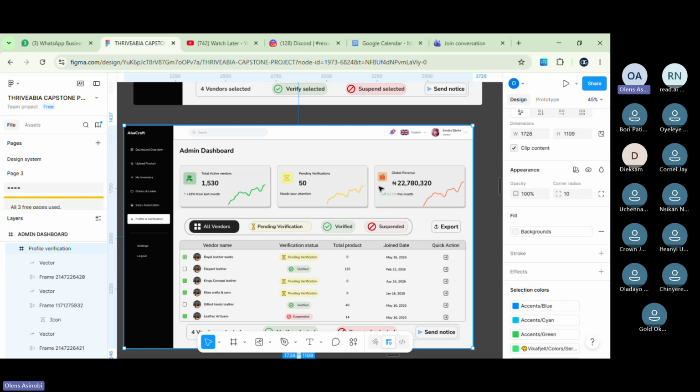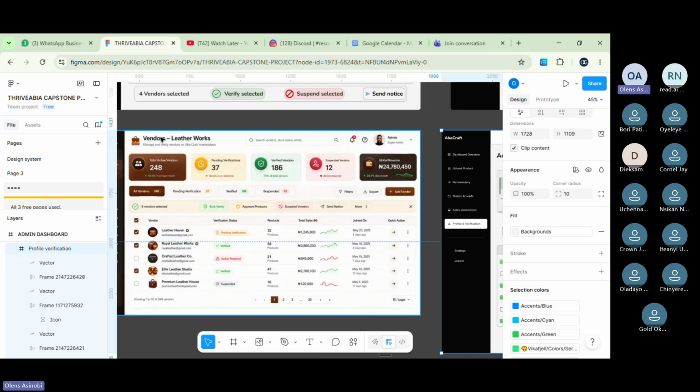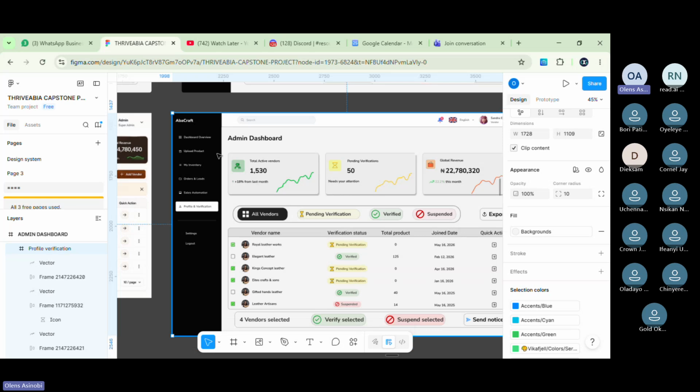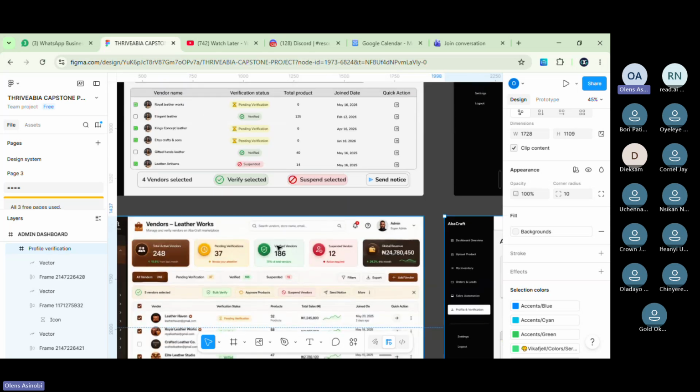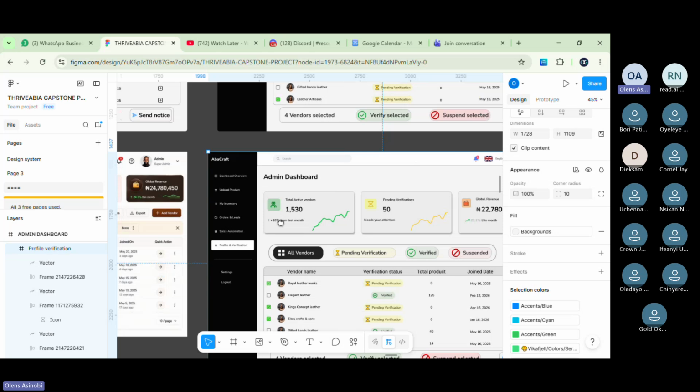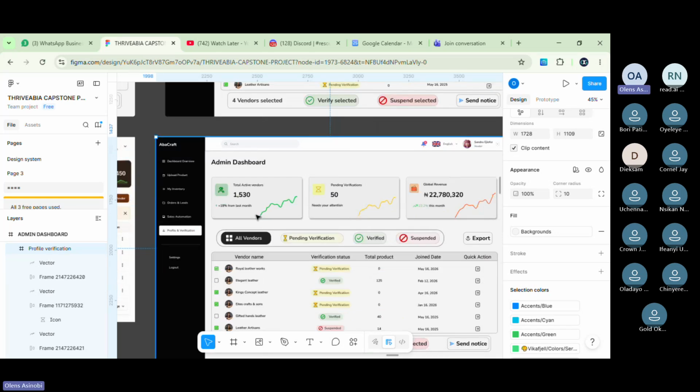This global revenue can be on the dashboard overview screen. Remember, what you're building is not the dashboard overview. Rather, you're building the vendor list. Even this header of yours is wrong. It's the vendor list that you're building. I don't know if you remember. Don't forget, it's the vendor list that you're building, not dashboard overview. So global revenue should only be at its point. Maybe when we have the dashboard overview, with sales and anything that has to do with money, you can put this there. But this page is only focused on anything that has to do with vendors. Strictly purposeful. Do you understand?